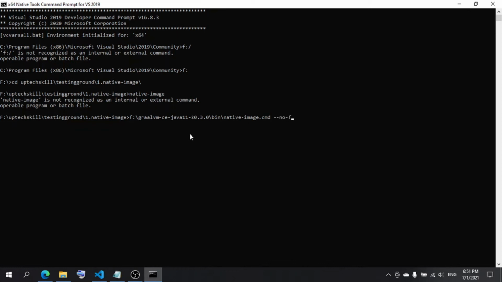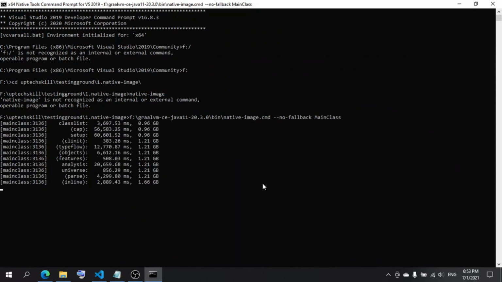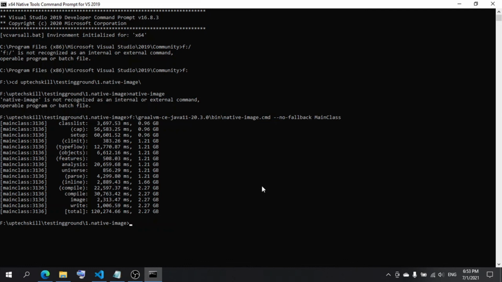What this flag, no fallback, does is it tells native image that once the image is created, it won't need a JVM to run it. Once you do it, it might take a minute. In some cases, you might see a warning from your antivirus also, but nothing to worry about. It's just native stuff, so it gets cautious, but nothing will get deleted. You just need to close that.